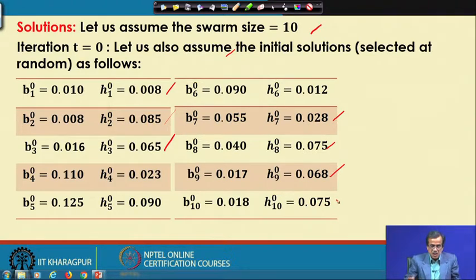So, all such solutions are selected at random, and these solutions are lying within their respective ranges. Now, if this is the situation, let us see how to proceed further to determine the